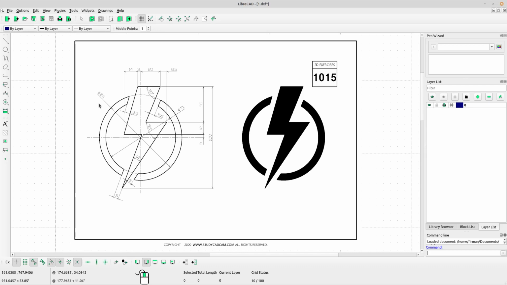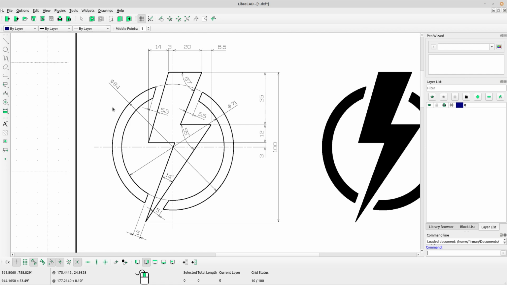Today I want to draw an electrical logo. I think it is a power logo or a storm. Okay,